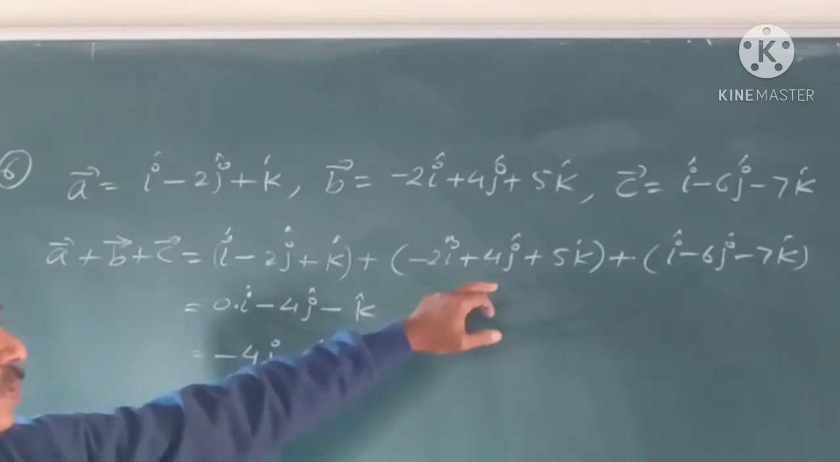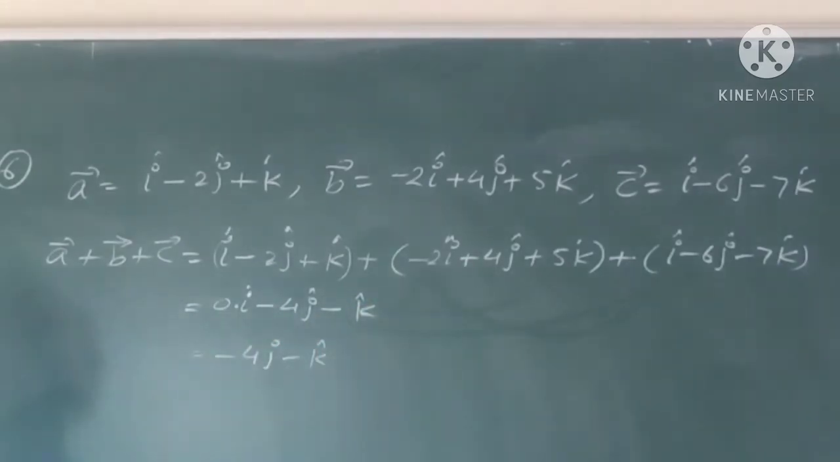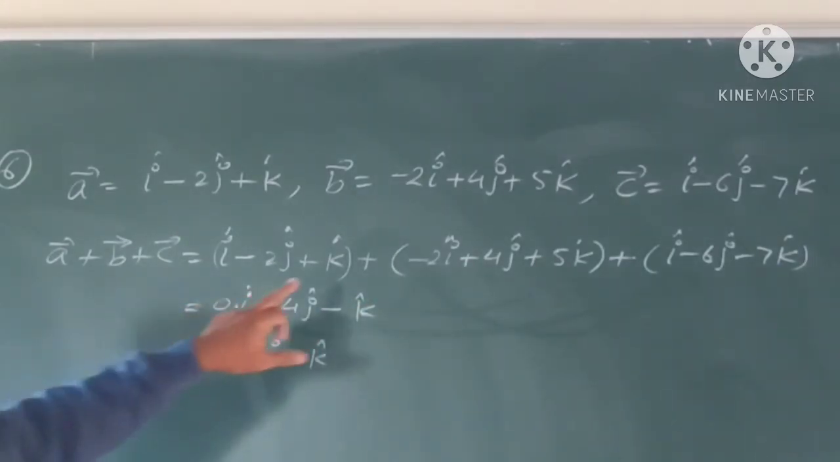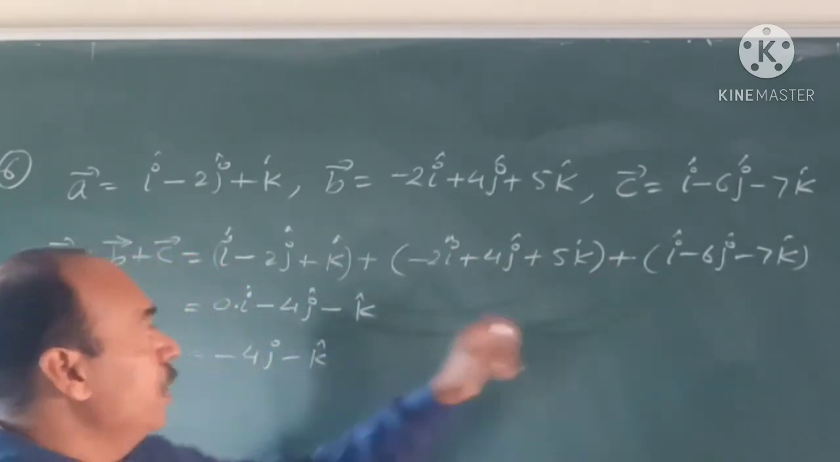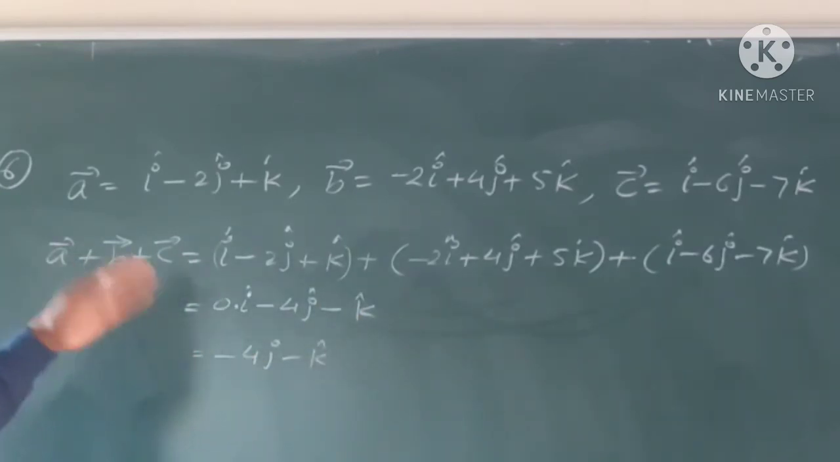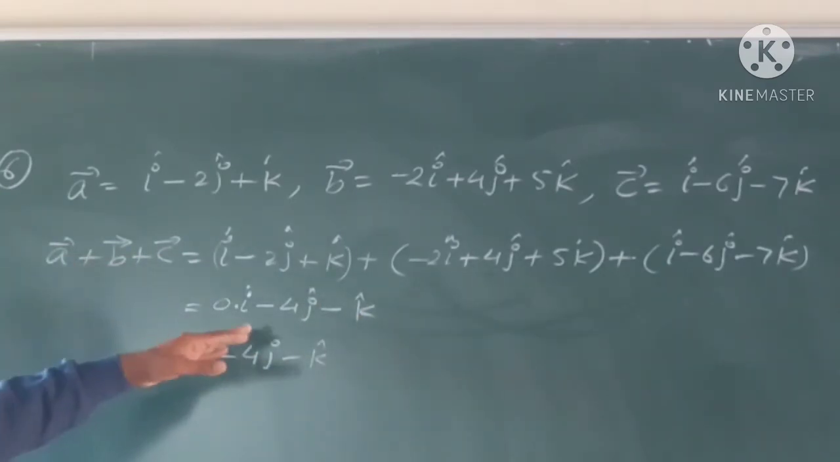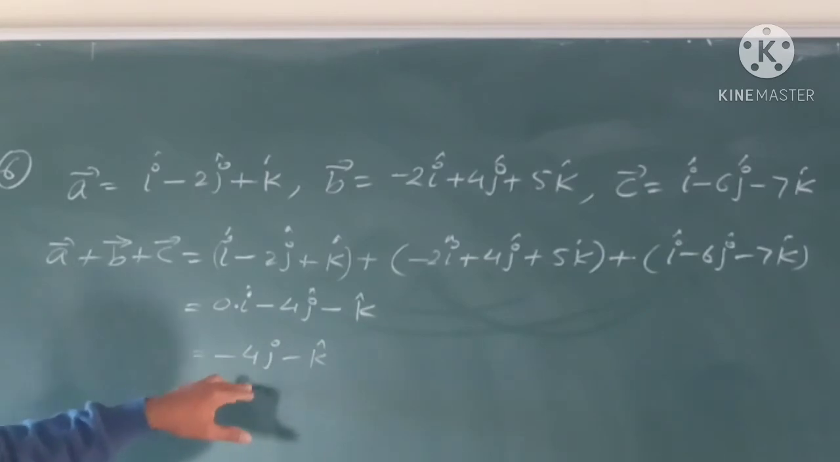Minus 8 and this is plus 4. So only minus 4j remaining. And same as k. So here only 1k, 1 plus 5, 6 and this is minus 7. So the only difference is minus 1k. So this is the sum: 0i minus 4j minus k, or you may write minus 4j and